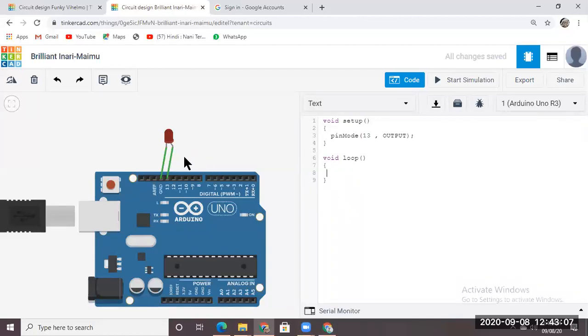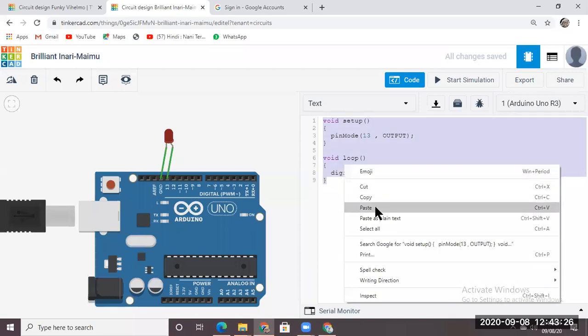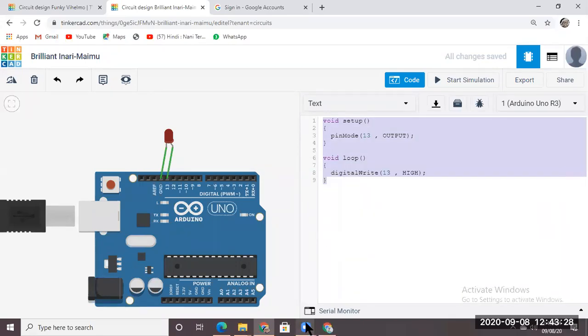And to turn on this LED, we write digitalWrite, then the pin number, and then HIGH. This line is used to turn on the LED. I will send this code in the chat box as well.